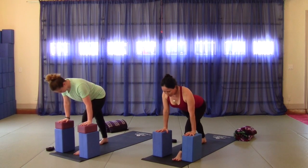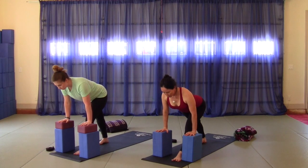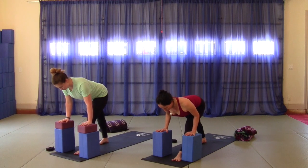Once again, inhale, lengthen the spine. Some of us will bend the front knee or not. And exhale, you might hinge a little bit more into this as long as you can keep a long spine. Left hip pulls back as the right hip pulls forward, and we find our breath. Breathe. 1,